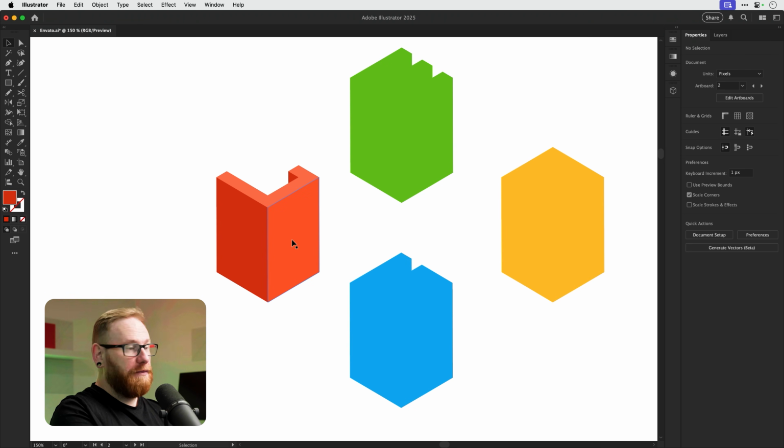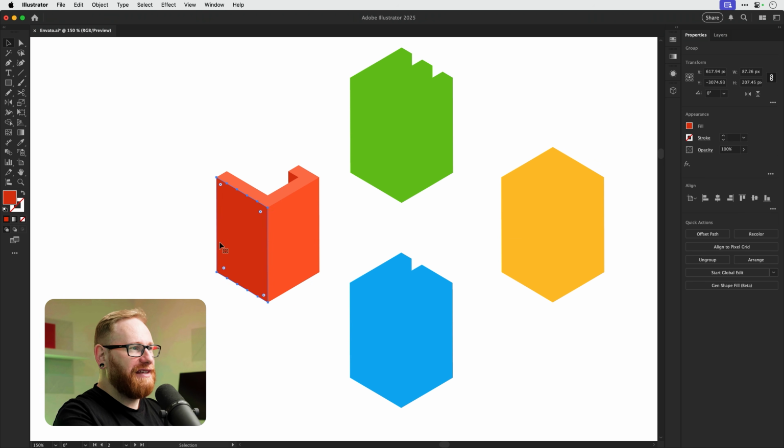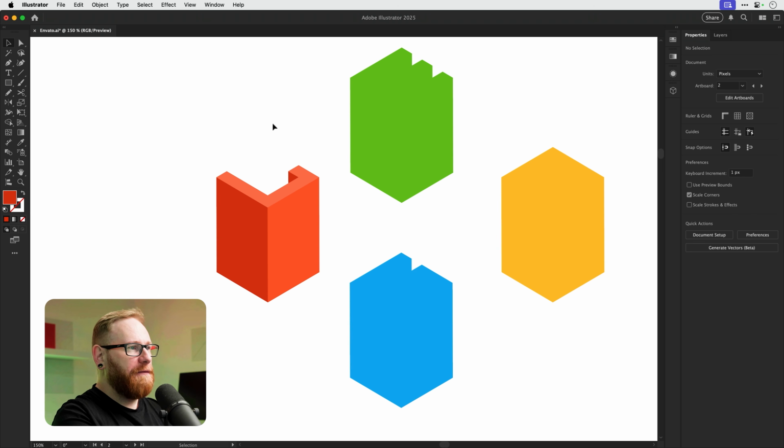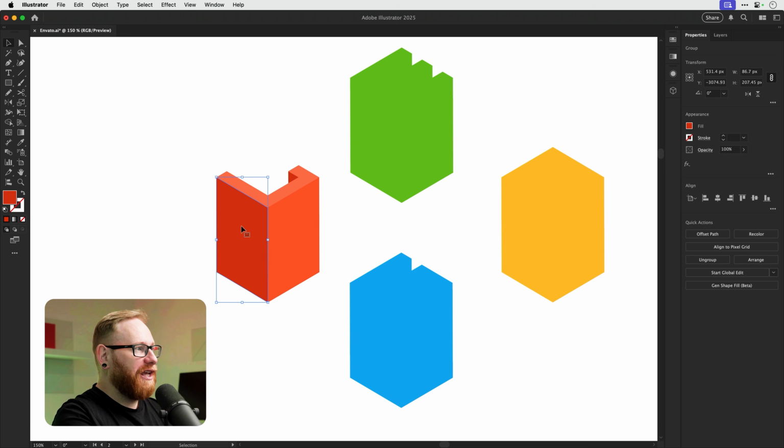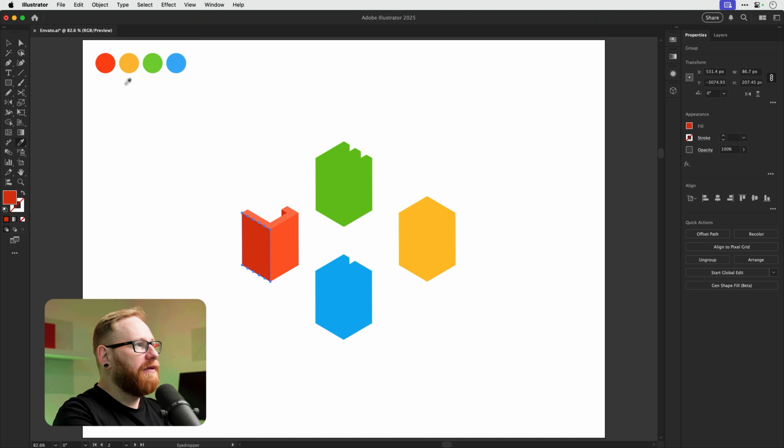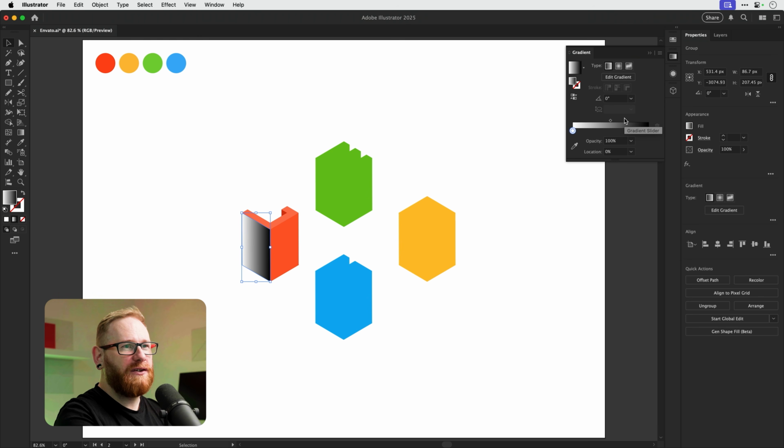And the great reason why I love using this, as I say, is I still have full control over these as individual shapes. So what I could even do is I could actually go and apply a gradient. So we're not constrained by the limitations of the 3D features. This is now just a regular shape in Illustrator. So if I just quickly show you this,